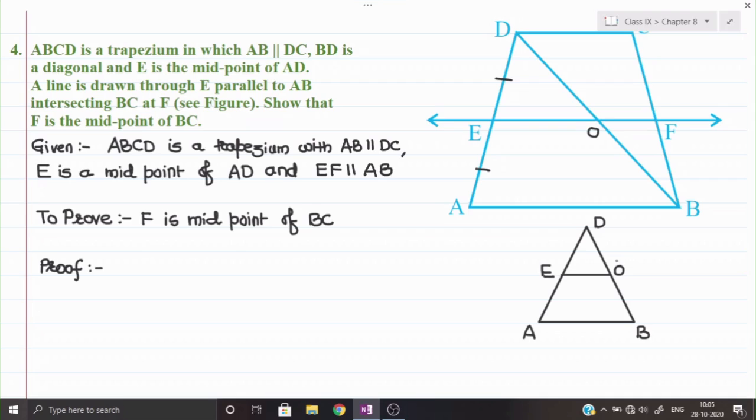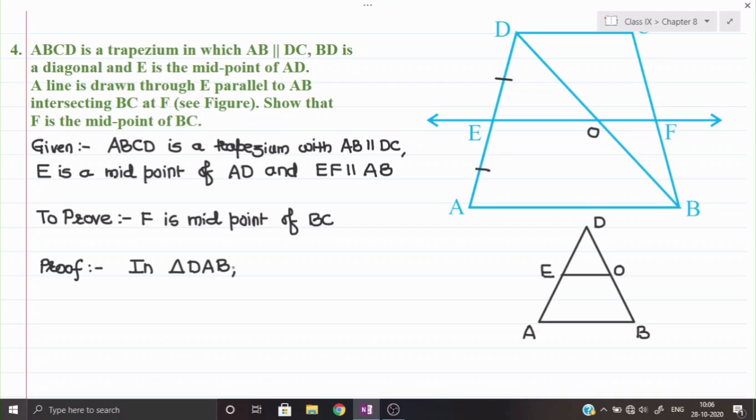Now, remember what I told you about the required things in the converse of the midpoint theorem. We get exactly the same here. First of all, we write in triangle DAB: the first requirement of the converse of the midpoint theorem is that out of E or O,